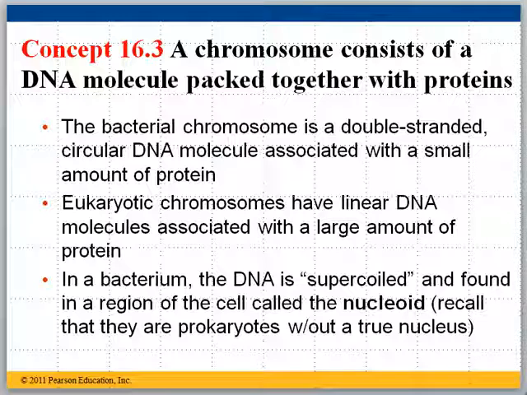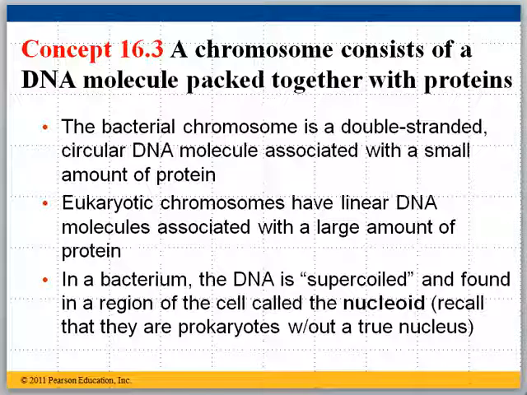and how it consists of a DNA molecule packed or put together in a certain way with the proteins. And the bacterial chromosome, we already talked about, is a double-stranded circular DNA molecule with a very small amount of protein embedded within. And that is different from our DNA. Our DNA, the eukaryotic chromosome, has linear DNA, and these linear DNA molecules are associated with a large amount of